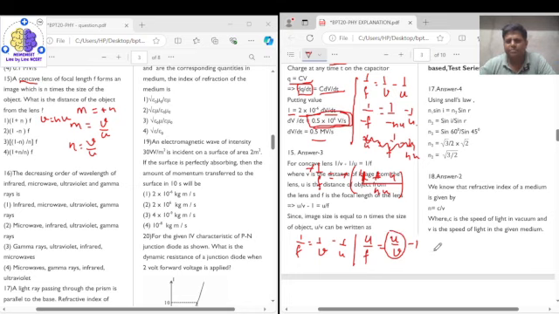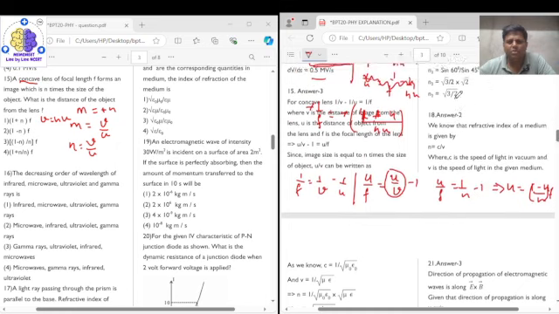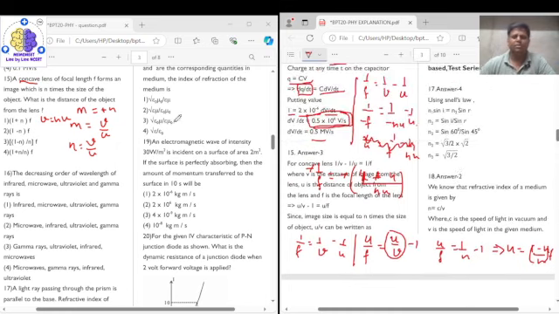So we will get u upon f is equal to 1 upon n minus 1, right? So you will get from here u is equal to 1 minus n upon n into f, which is your option 3. So the correct answer for question number 15 is option 3. Yes, option 3,